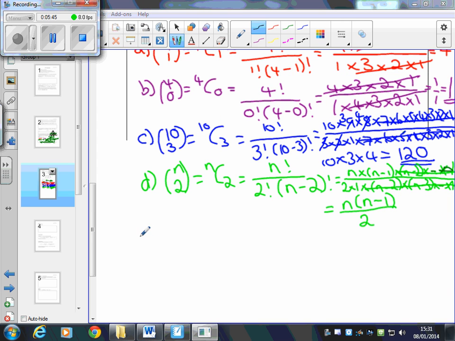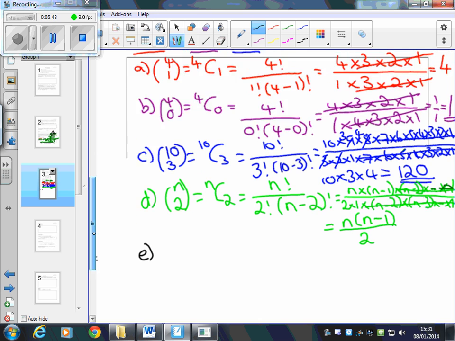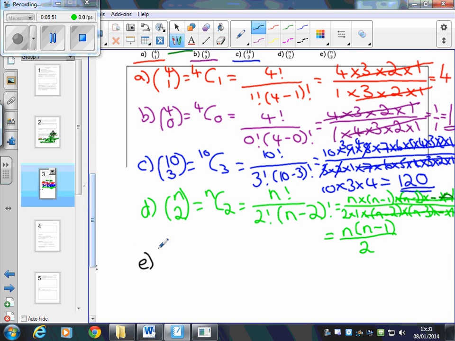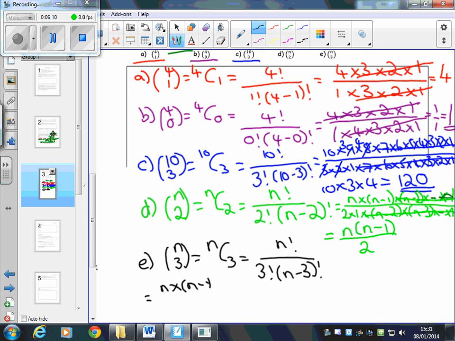On to part E now, which I can't see anymore. Scroll up. n, 3. So that's n over 3, which equals nC3, which equals n factorial, all divided by 3 factorial times (n minus 3) factorial. And the same way as before, this is equal to n times (n minus 1) times (n minus 2) times (n minus 3), and so on down to 1, divided by 3 times 2 times 1 times this